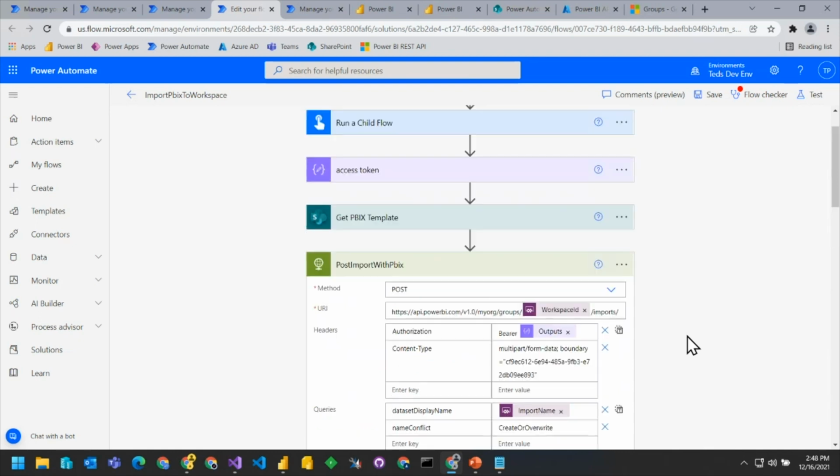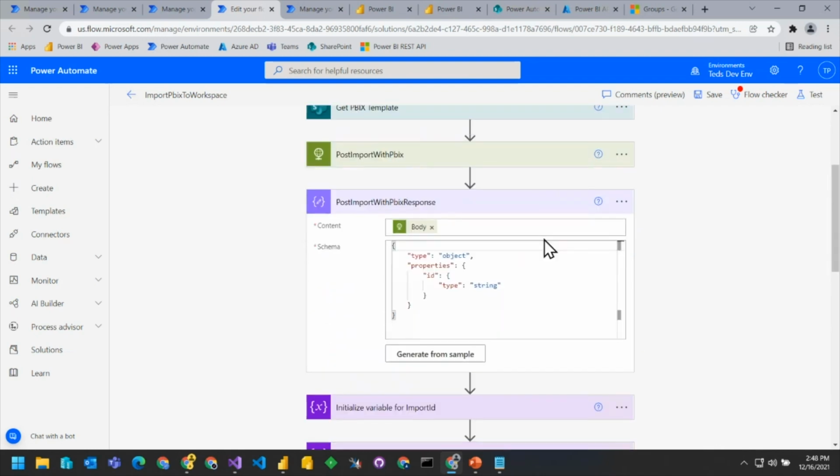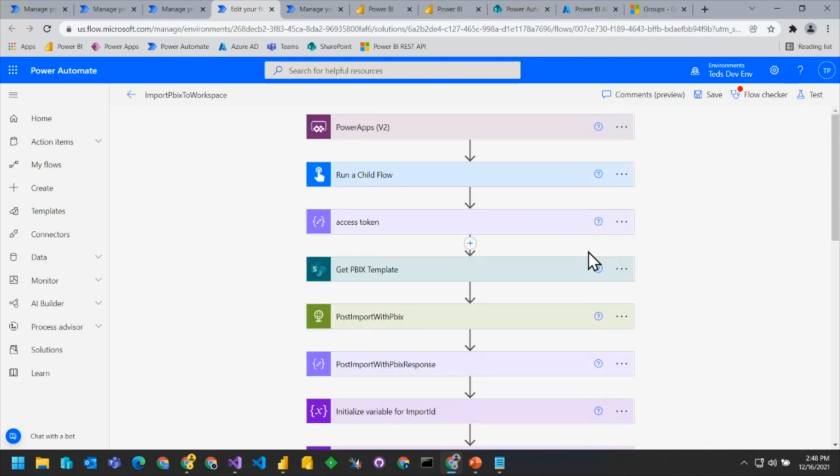So once again, I can't tell you documentation for multi-part form, but it's been a requirement of PBIX. And we used to have to do that in C#, and then they built it into PowerShell and built it into the API just to make it all go away. But if you're going to do it from a flow, you have to know the details. So I wish I could tell you more, but I really don't have those other than you taking a look at the sample I've created.